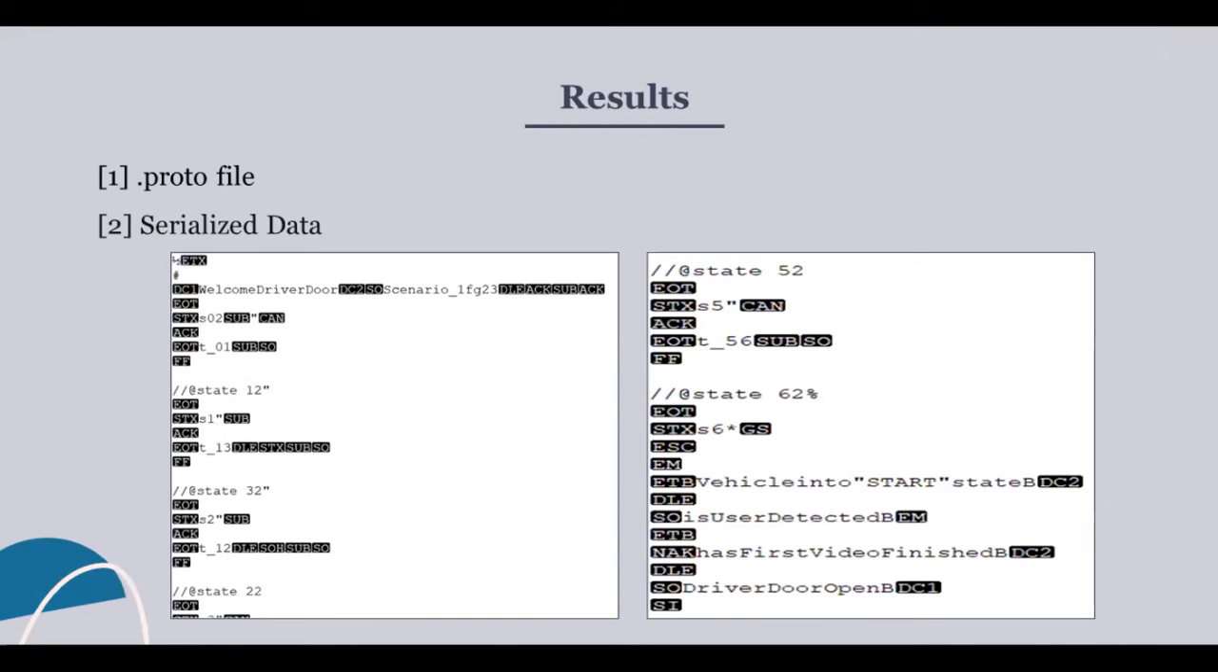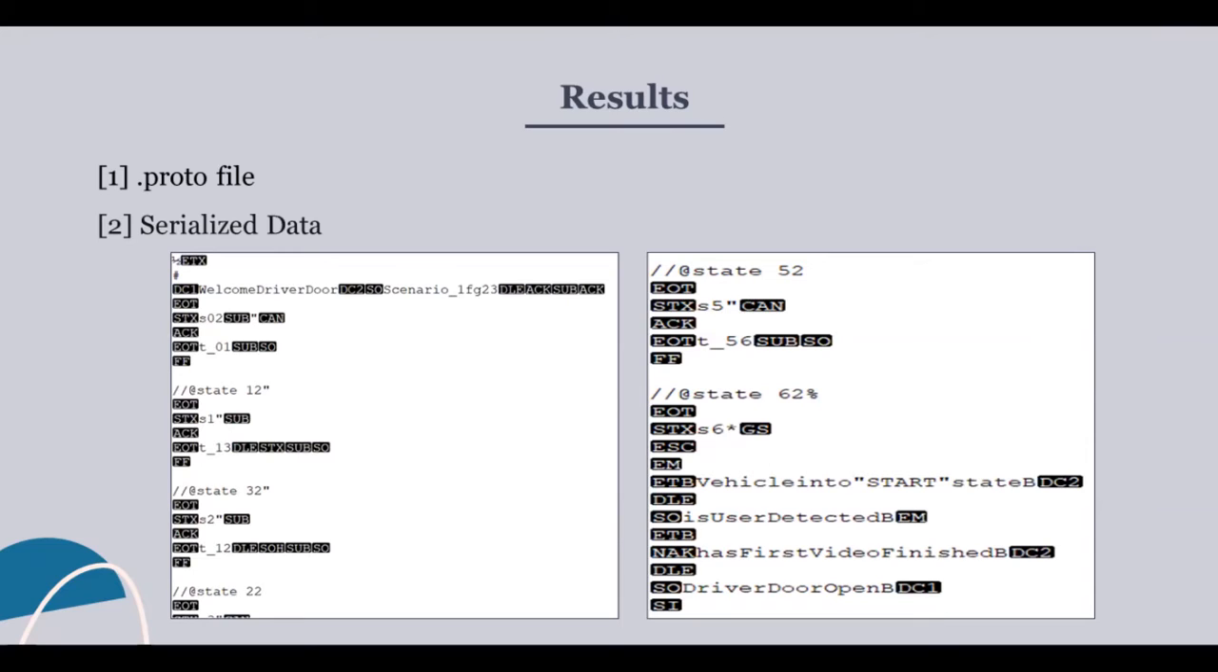Moving towards the results of the study, the first result is the proto file, which we have created and generated from the XML by replacing the XML with protocol buffer. This file, if we compile using the protoc compiler, will generate 2 more files. One is a header file, which contains all the necessary headers. And the second one is an implementation file, which can be used by the developer to write their own code. So using these 2 files, if we serialize the data,